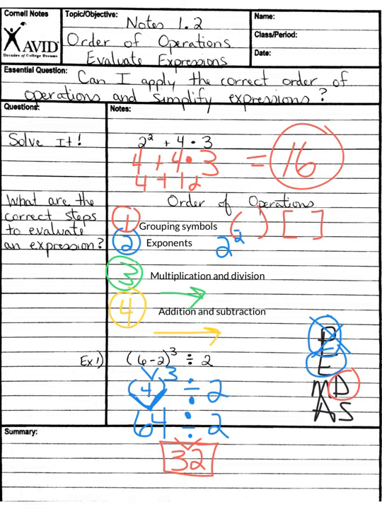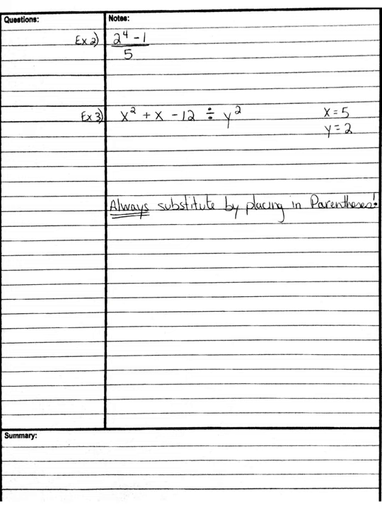Grouping symbols first, exponents second, multiplication and division third, left to right, addition and subtraction last, left to right. Let's go ahead and look right here. We've got a couple other